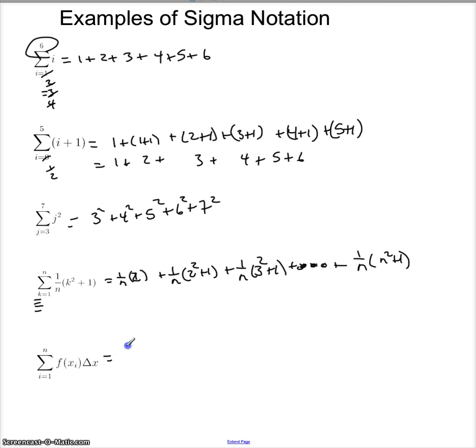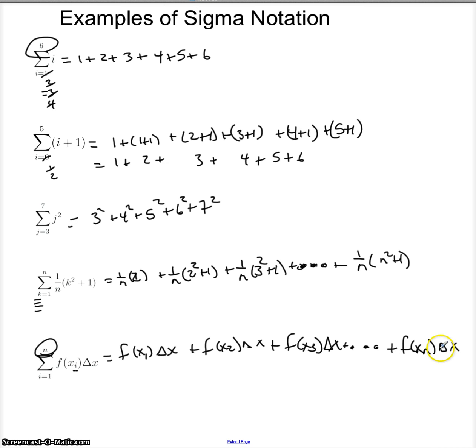For this one, this is f of x1 delta x. Everywhere I have an i, I'm going to count off from 1 to n. Plus f of x2 delta x. Plus f of x3 delta x. Usually 3 is enough to give you an idea of where you're going. Three dots plus, and then you're going to put in your nth term, your last term, f of xn